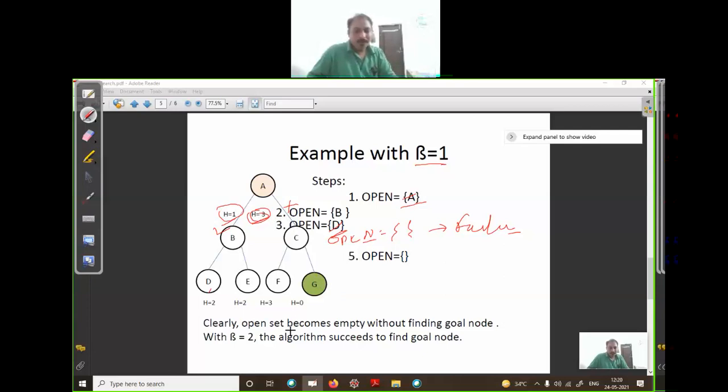So clearly the open set becomes empty without finding the goal node with beta 1. If we increase the value of beta, or the beam width, you can find a solution. Suppose the beta value is 2, then you will easily find the solution.